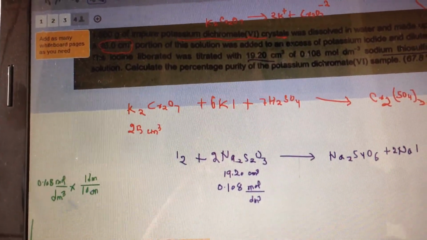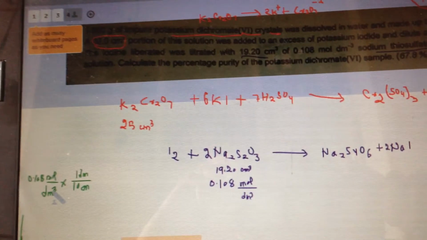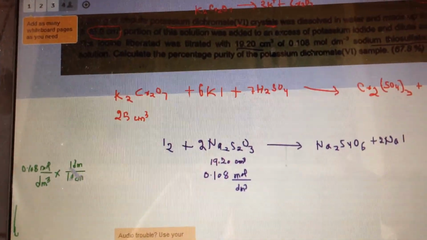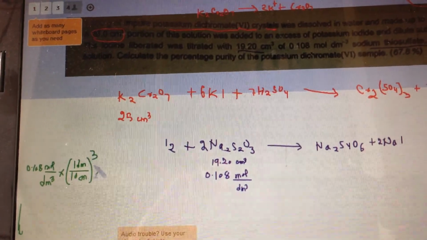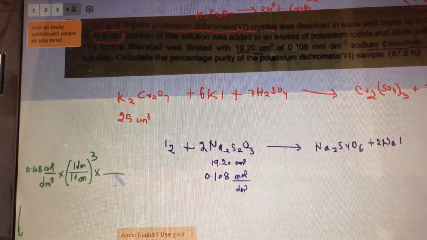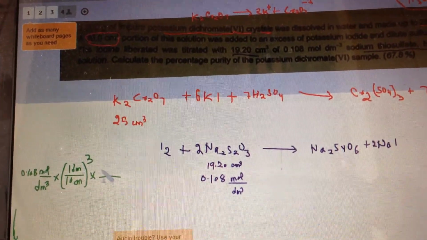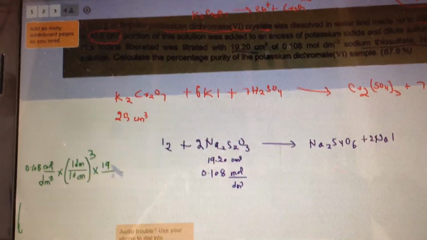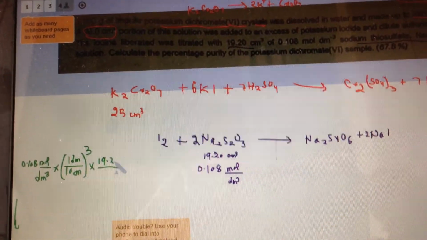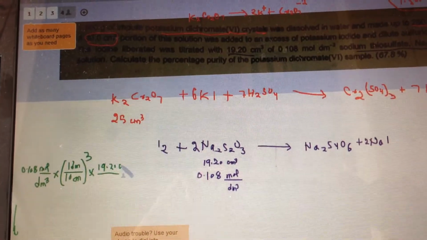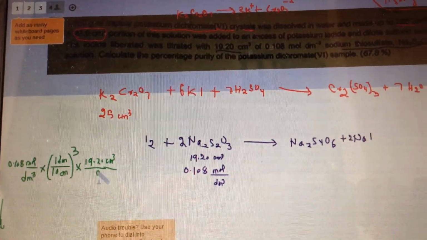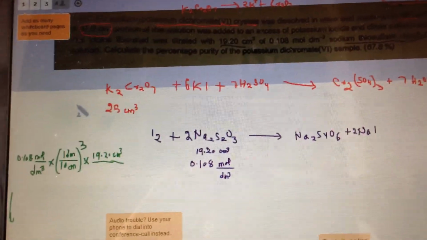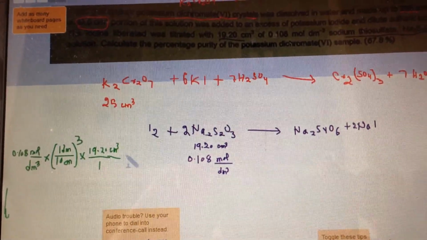Since the decimeter is cubed in the concentration, we can cube this equality there. And then we can multiply that with the volume, which is 19.20 centimeter cubed. Alright, that will give us the moles for Na2S2O3,